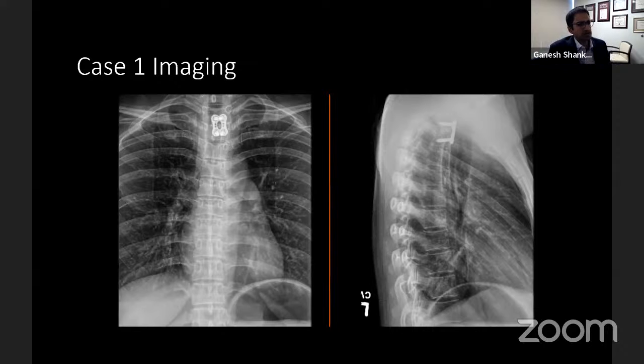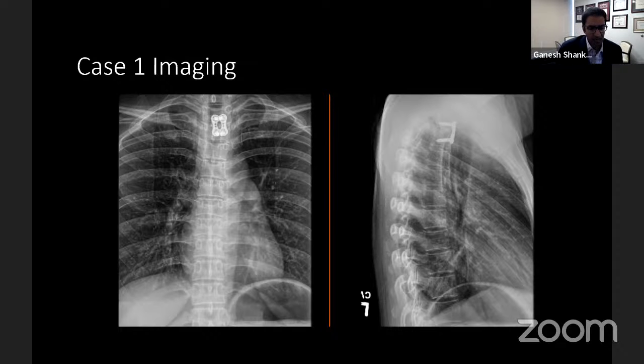This was one of the earlier ones that I treated, and I was tempted to perform an anterior approach because of the relative location of T2, T3 in this patient to the sternal notch. We didn't actually need to create a sternal window, but unfortunately, what happened in this patient is that she did develop a unilateral vocal cord paresis and required a Restylane injection for a hoarse voice. And so with these low cervical upper thoracic exposures, that's a known complication, known risk.